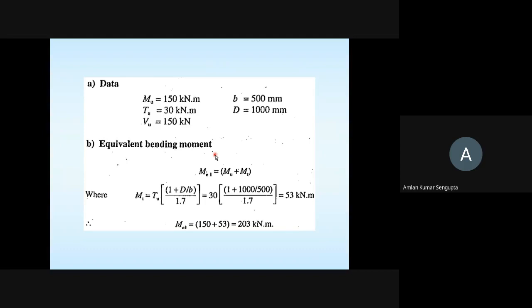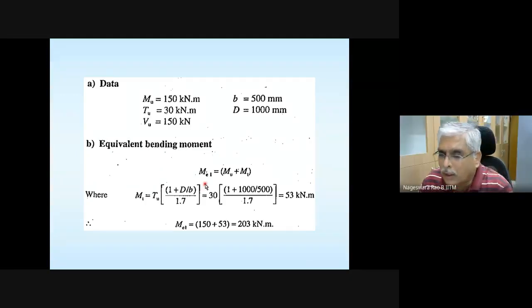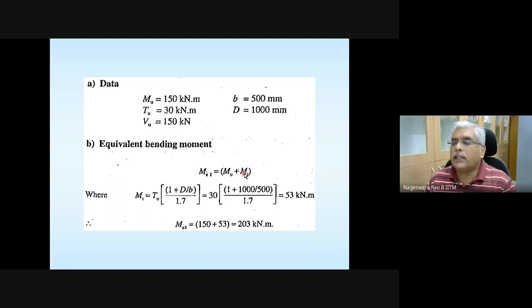I also wish to add, the equivalent bending moment will be of the same sense as that of the original moment. If the original moment is hogging, then the equivalent moment will also be hogging. Please be careful about that. While calculating this, you need to keep a watch on the numerical values of MT and MU. Based on that, if required, you need to calculate ME2, based on which you need to provide reinforcement on the compression face.